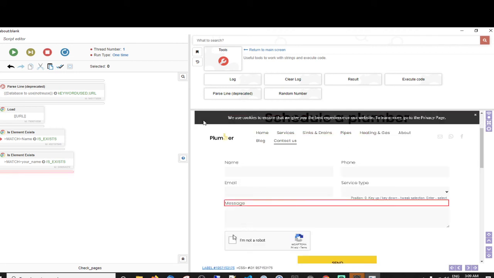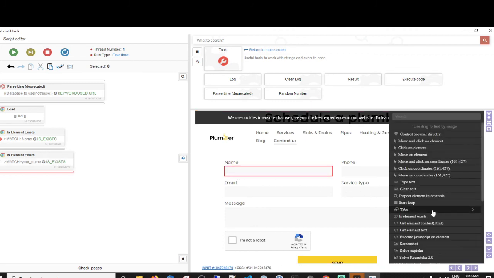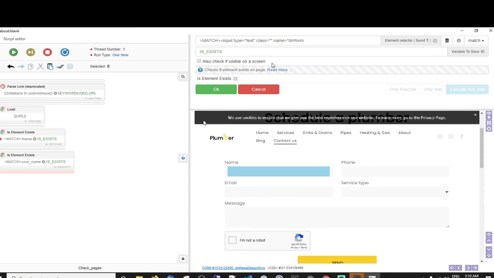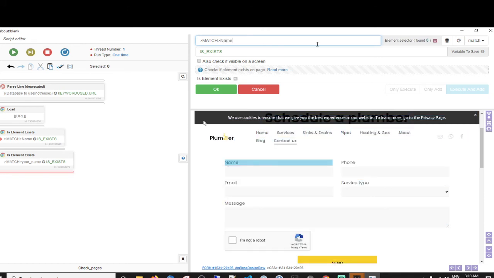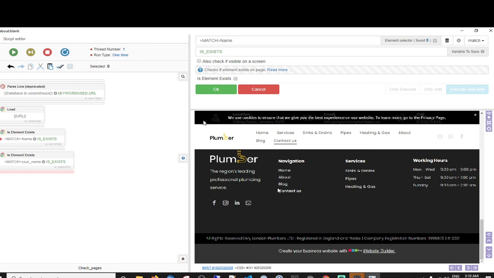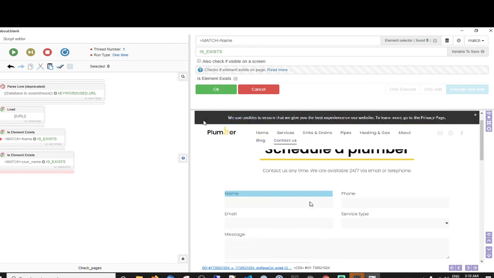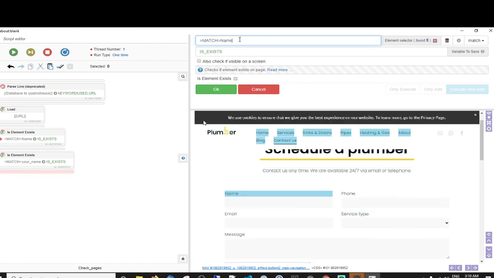So this one, a name again. Ah, this one has captcha. Brilliant. Okay, first let's handle this whole name thing. So, is exist. We know it's a text, obviously. What about name 5? Ah, I meant name 5.